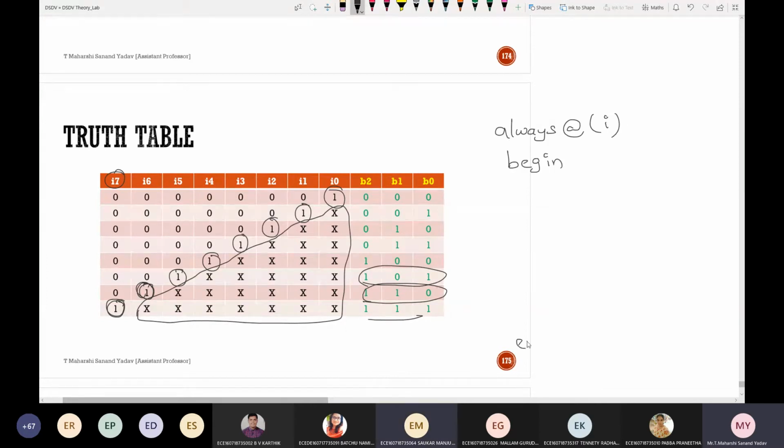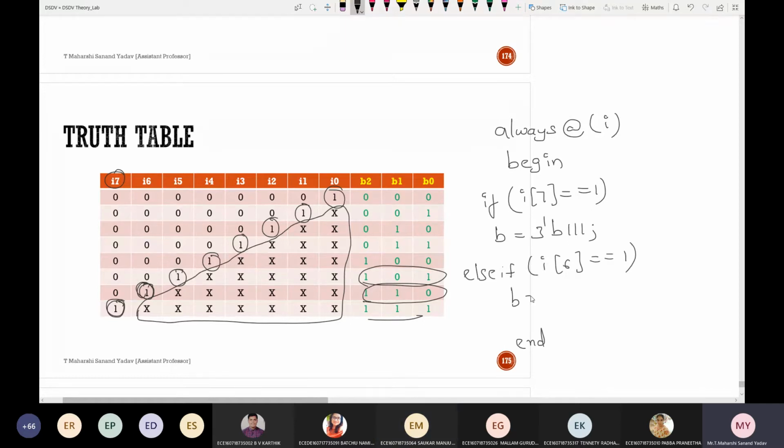If I of 7 double equal to 1, Y equal to 3 tick b111. Next, else if I of 6 equal to 1, Y is equal to 3 tick binary 110. So once you write this truth table, using this you can write the logic here.